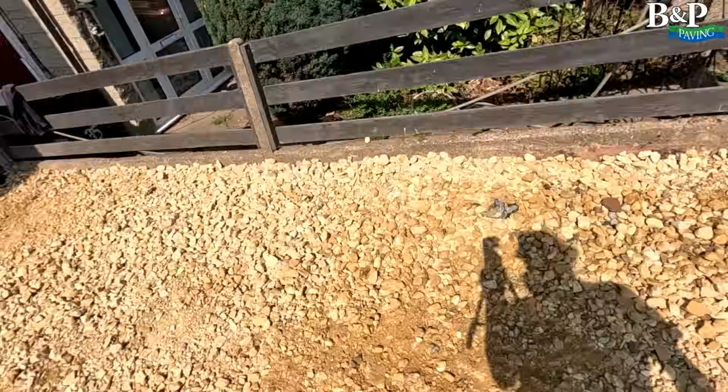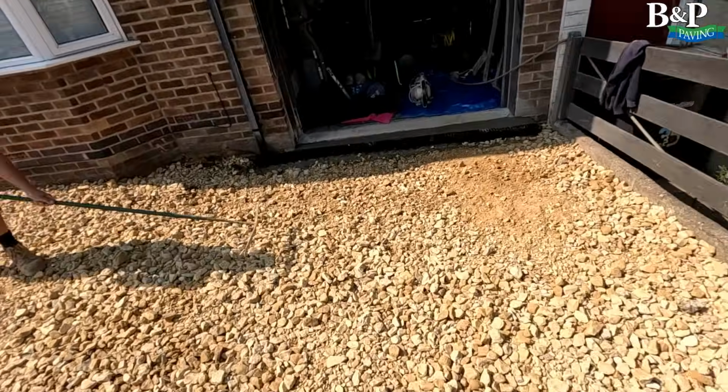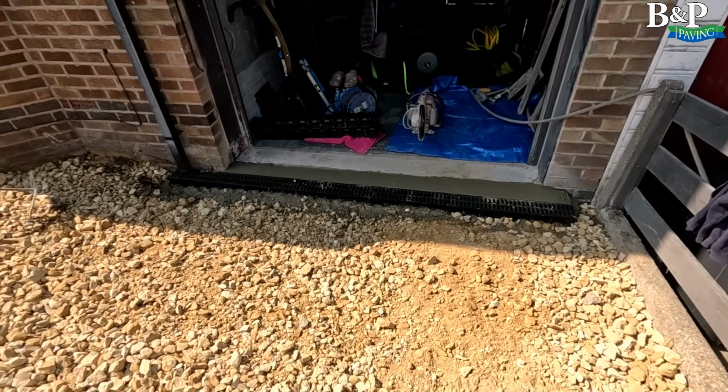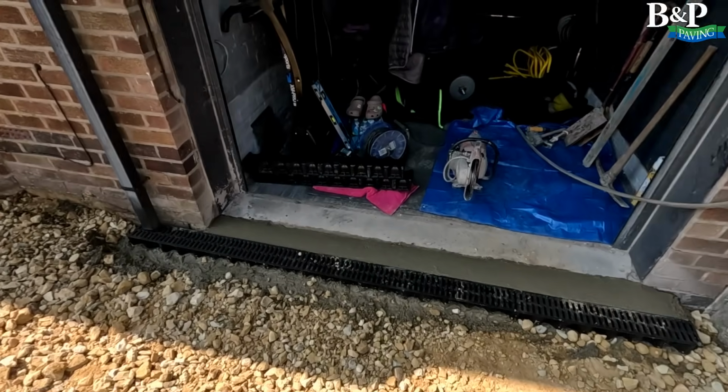Let's get this done. Okay, so that's all our edgings in, stone knocked about. Connor's just doing the final grade. Some really mad gradients going on here, it kind of falls. Drainage in, concreted, bit of a nightmare here. The garage,